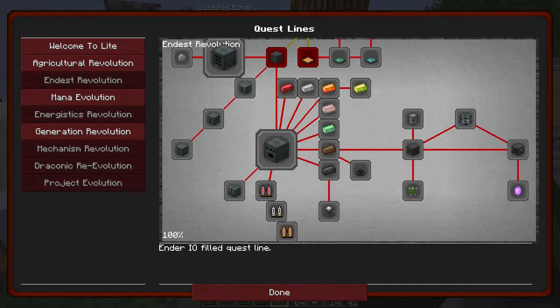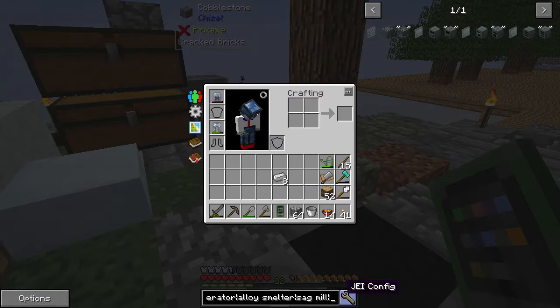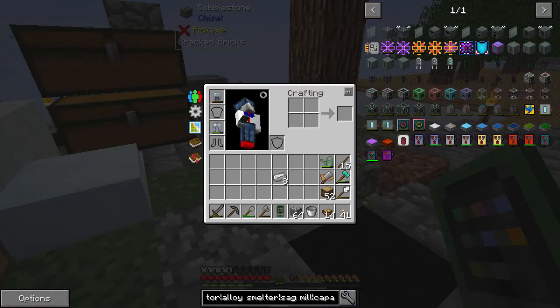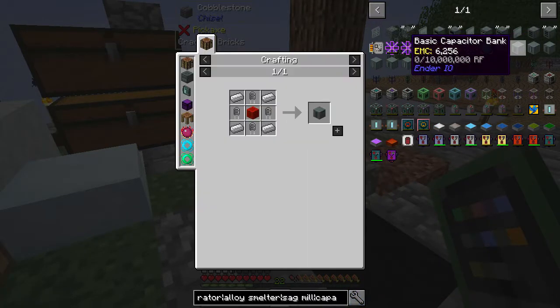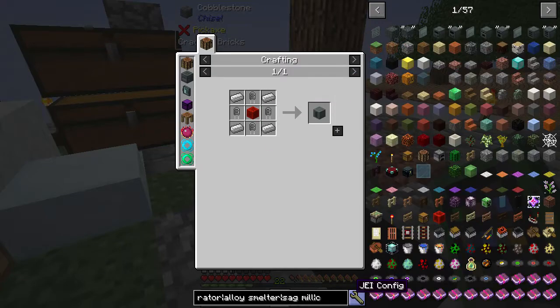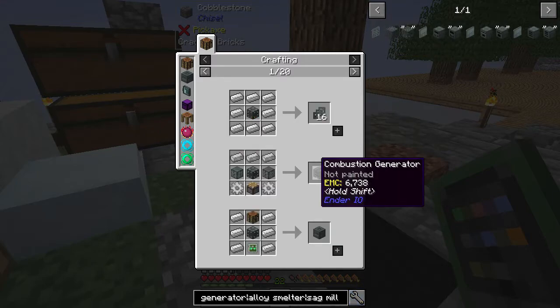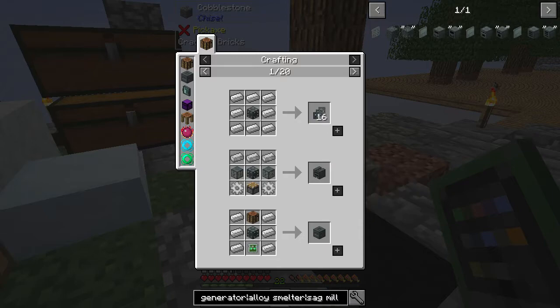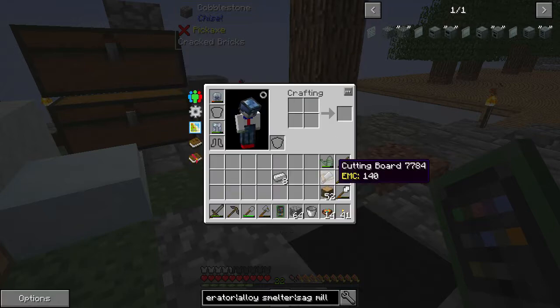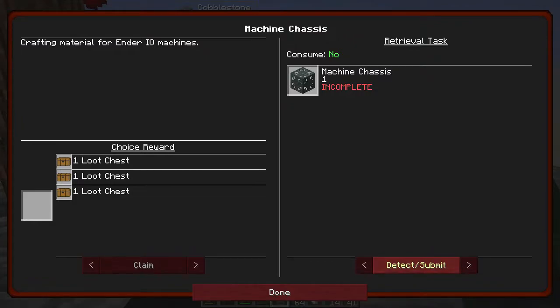Let's see. 1, 2... Does the capacitor bank need one? I don't believe it does. No. It requires the actual capacitors. Is it worth it? We're going to need more later. Anyways, so I guess we go ahead and make 4 and just make the math and stuff easier. You know what? Let's go ahead and do it. There we go. So this should be